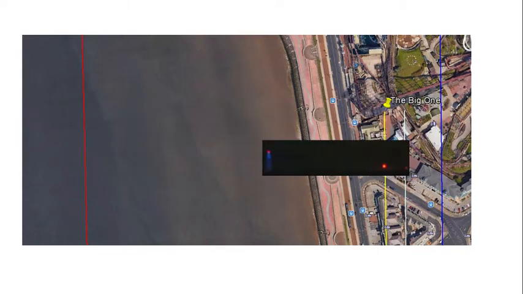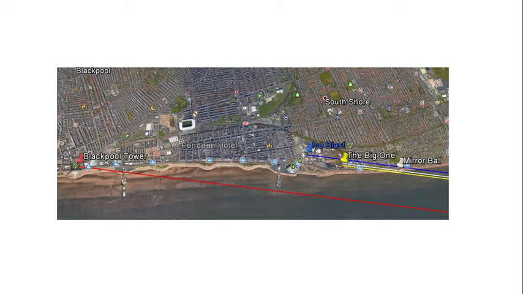Now, if we try to line up the big one with the mirror ball, these two lines of sight, you can see that the tower doesn't fall in the correct spot anymore. Now, Ranty's reply was that if you overlay the picture over a map, this is what happens. You can put Blackpool Tower here, the big one over here, and the mirror ball will line up with this light.